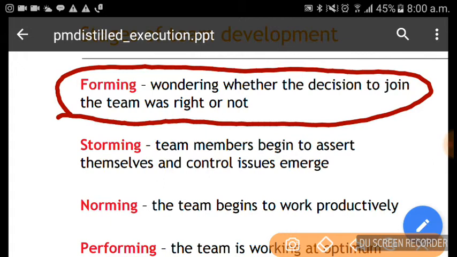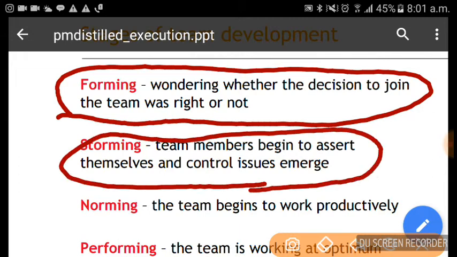This happens even when you join a new company, the forming stage, you keep asking yourself, did I make the right choice? Then storming, the team members begin to assert themselves and sometimes control issues emerge. And norming, the team begins to work very productively, and performing, the team is really galloping.